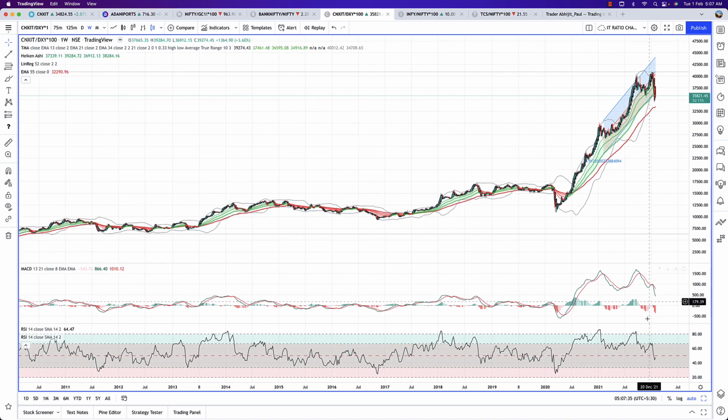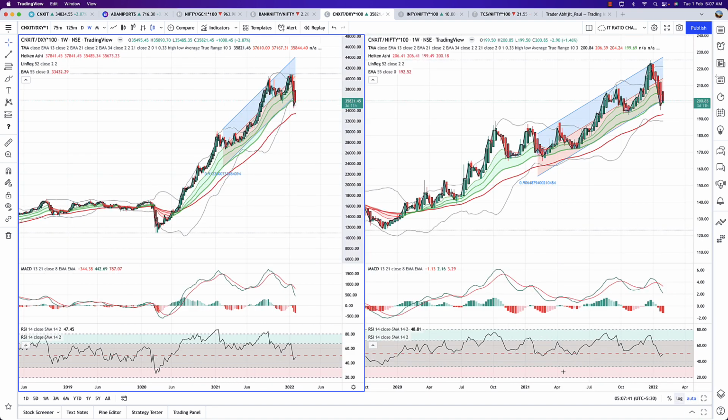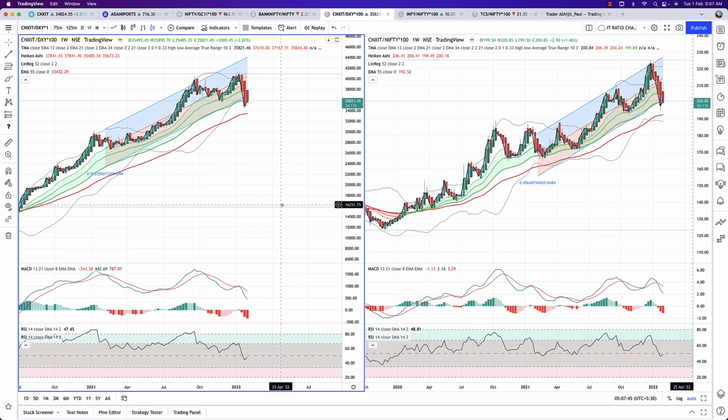So bottom line, the IT index has created a setup based on which it has started to correct, and these kinds of corrections can take the index and prices further down. So these are some serious levels, serious conditions from where the IT index is correcting. So we should consider this from a slightly larger perspective.